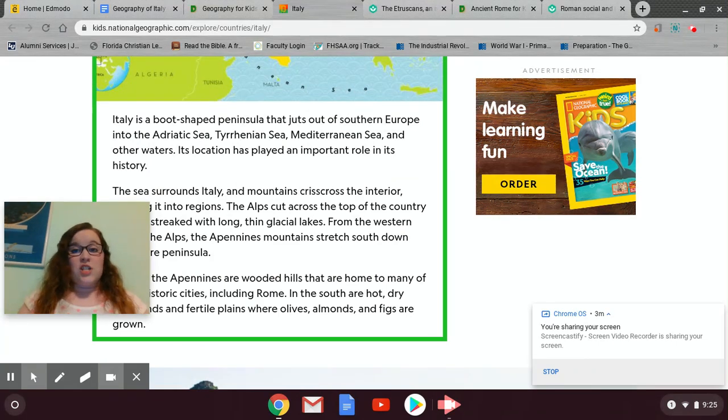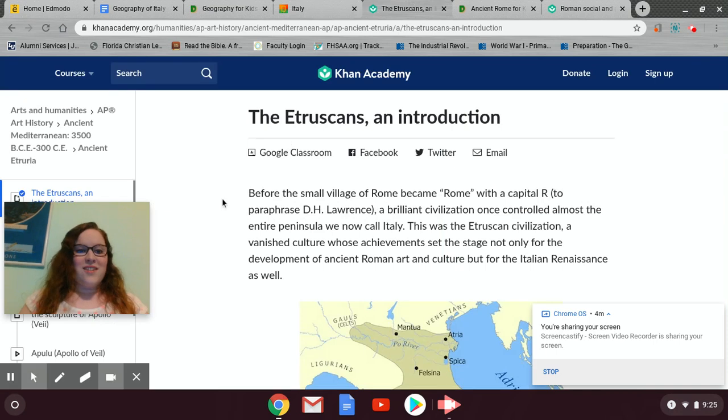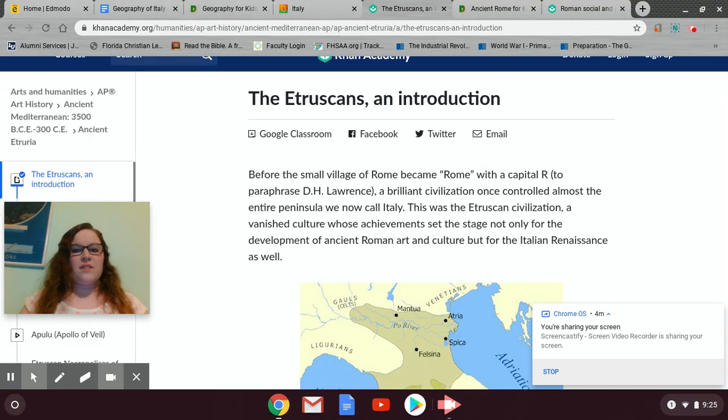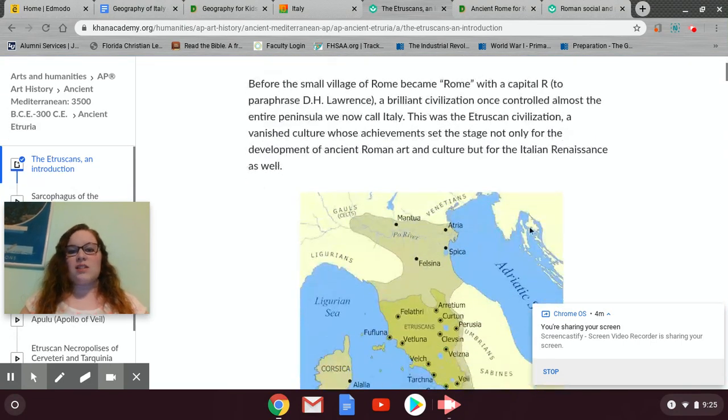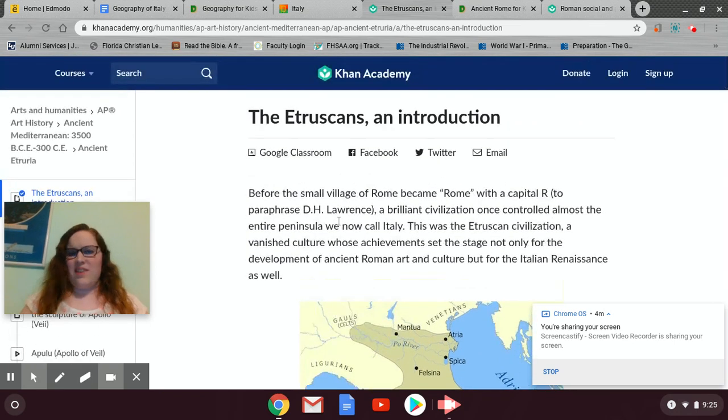After you have finished that, starting Wednesday, you are going to be doing a few more riddles, like 2 more, based on this article. This tells us about the beginnings of Rome. How did Rome really get started? What came right before the Roman people really started to grow their empire? So we're going to take a look at this article about the Etruscans. You're going to read that and answer like 2 more riddles, maybe a few more, but probably about 2.